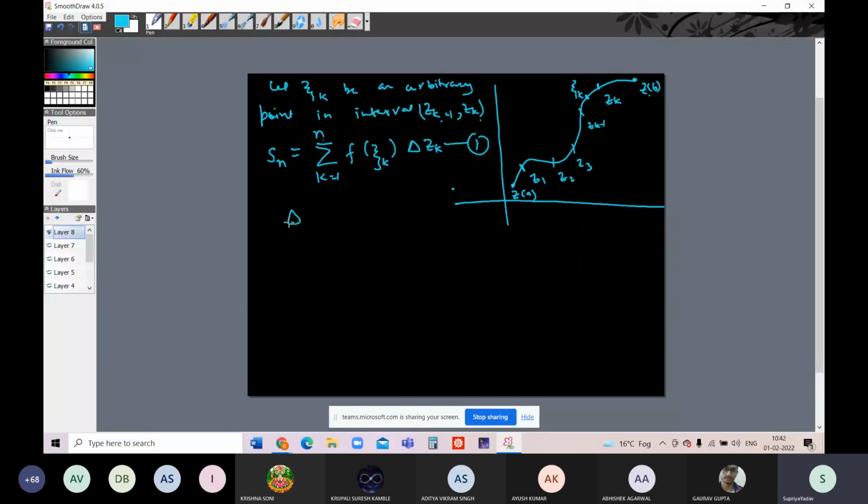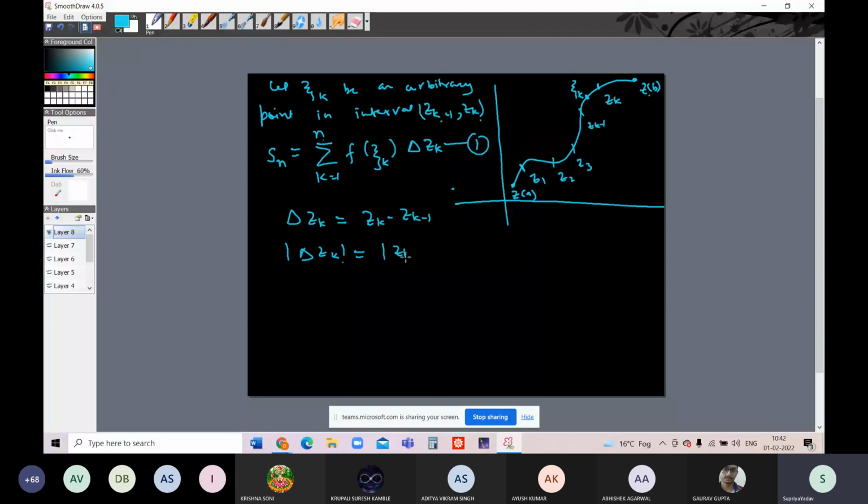So delta jk is the length of the subinterval. Delta jk is a difference. Now we will take its mod for the length, so delta jk is the difference between jk minus 1 and jk, and when we take its mod,